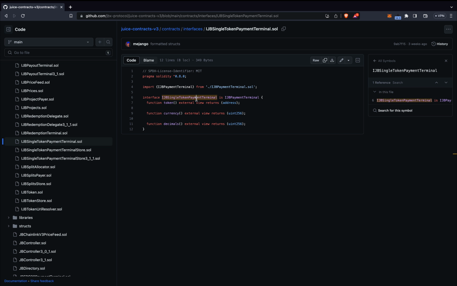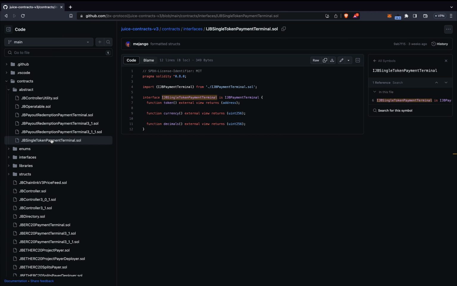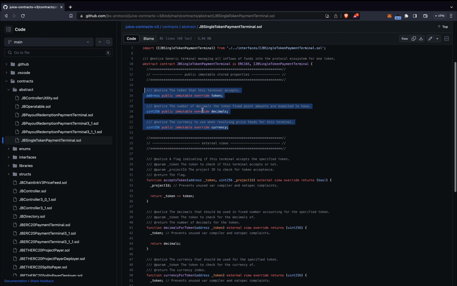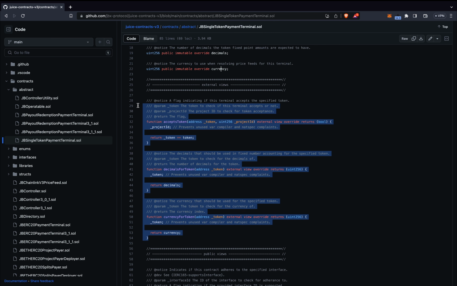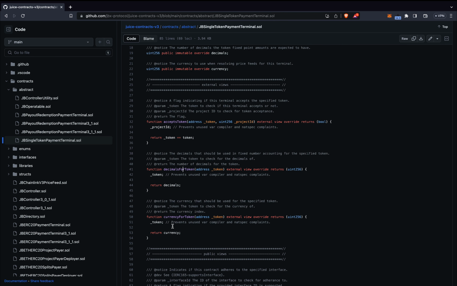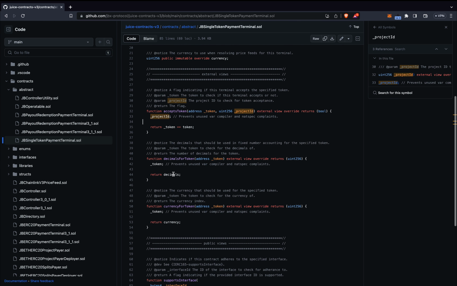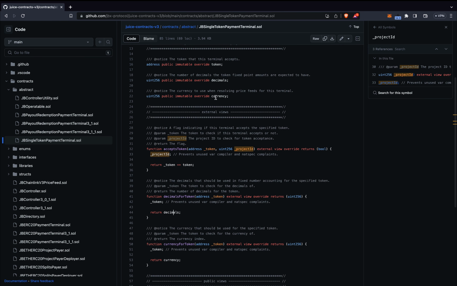Okay, so where did we use this from? We use this from the IJB Single Token Payment Terminal. You'll notice it implements those expectations. It has token, it has decimals, it has currency. It also has all the things that IJB Payment Terminal needed: accepts token, decimals for token, and currency for token. Unsurprisingly, all it does here in accepts token for project is ask, is it my token? Yes or no. It doesn't care which project is sent here. It just says, is this the token that I manage? Decimals, it doesn't even do any checking. It just returns its decimals. Currency also, it just returns its currency. So it does adhere to the IJB